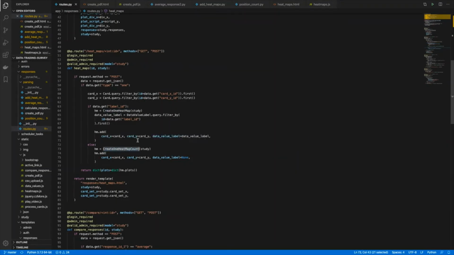Both of these classes inherit the create heat map class, which we'll see in a minute, and the add method is called on these objects, and the arguments are the options selected by the user in the form. Now taking a look at these classes.